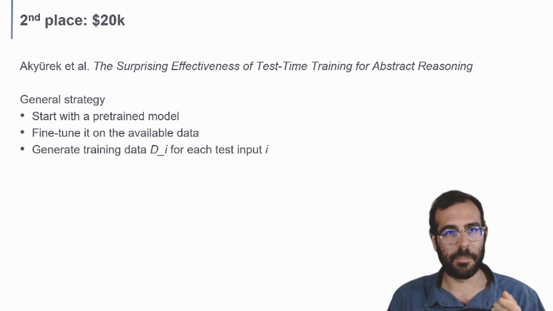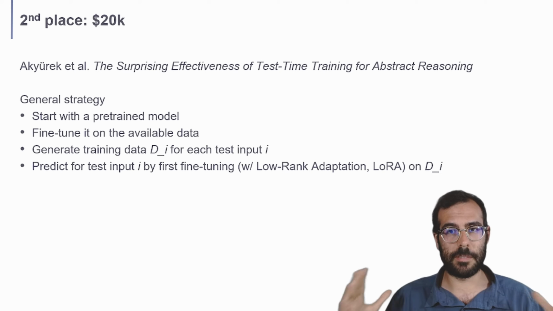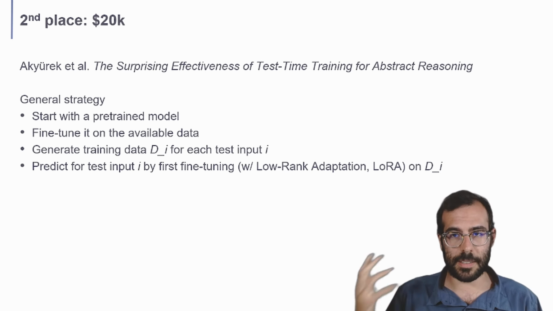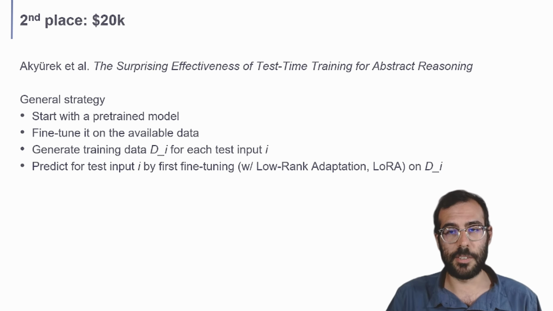And then for each test input, you generate new training data. So as you go at test time, you generate training data with the examples you have. So you expand this small set of examples for that task into a big set of examples. And then you fine-tune the model with this synthetically generated data set that is specific to the task that you're